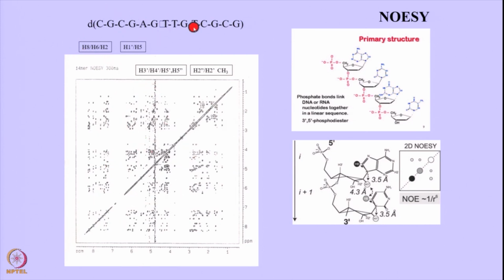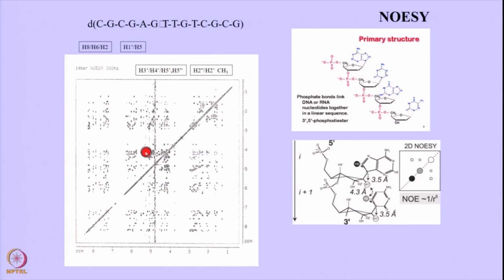So, this has 3 thymines here and they are very well characterized by the presence of the methyl groups in the base. So, here you have a methyl group in the thymine base, and that is very distinctly seen at the top here. So, that actually fixes the positions of the thymine residues. And as we know, this is the area which corresponds to the base protons, and from the base protons, the NOEs are there to the sugar rings. These are the H1 prime protons of the sugar ring, and then these are to the H3 primes,